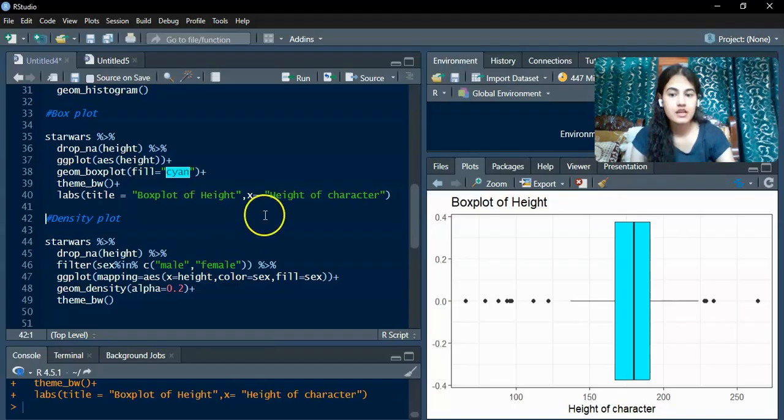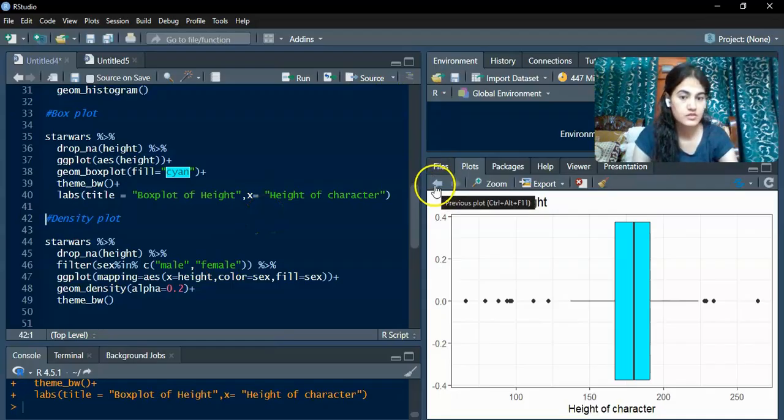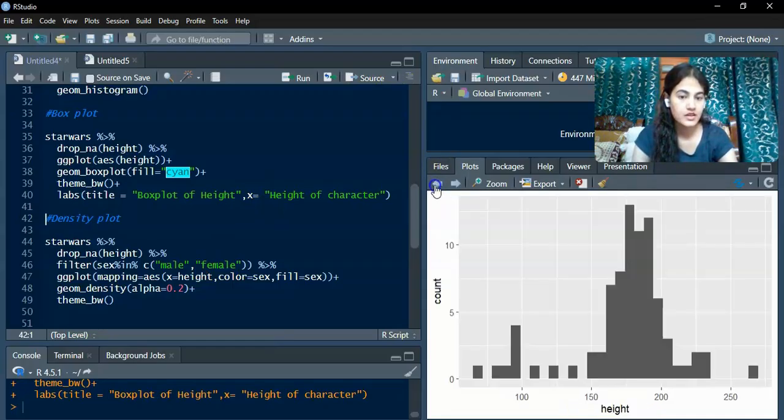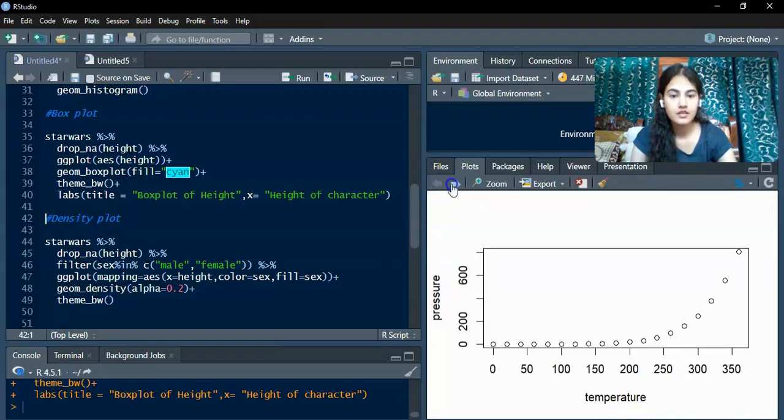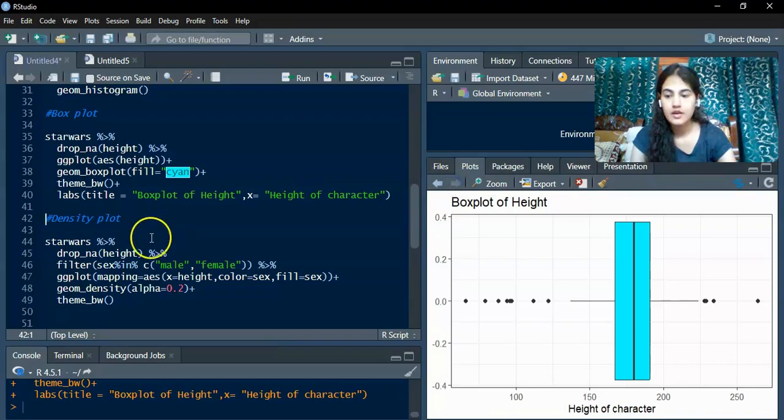While in previous plots, you can see previous plots by clicking this, it was feminine, masculine, and the missing data. And now we are specifying, concatenating the male and female as gender, as sex,